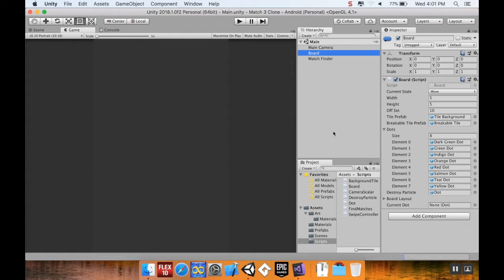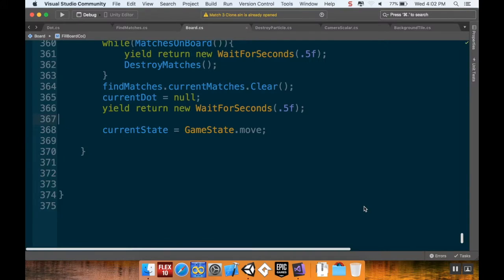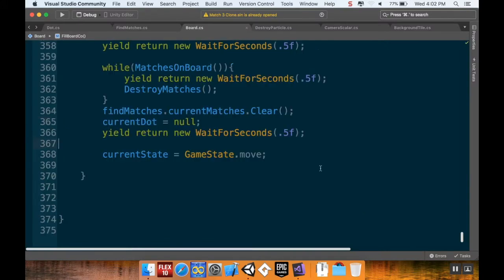And I don't necessarily want to be testing the board for a million years to see if there's a deadlock or not. So first I'm going to go into my scripts, and it makes sense to me to do this logic in the board script. So I'm going to open up the board script, and I already have this up and ready to go. So I'm down here at the bottom of the board script, and I'm going to start adding my